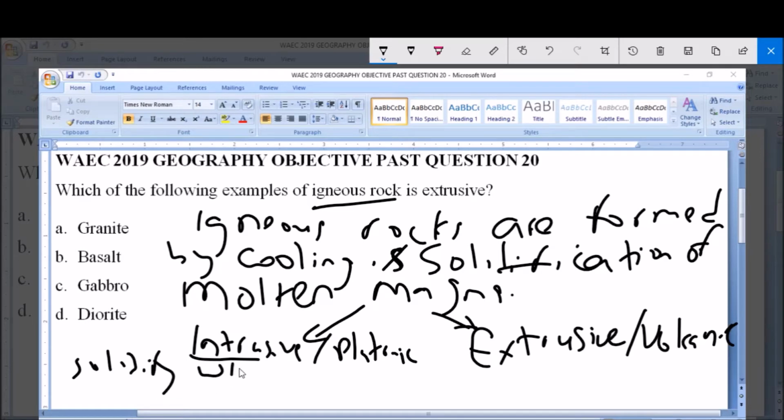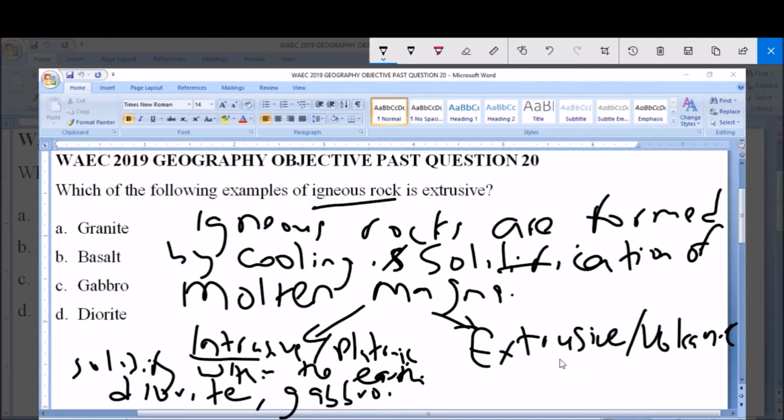Now, intrusive igneous rocks are basically those that solidify within the Earth's crust. So it solidifies within the Earth. That means they do not reach outside, and they only become visible after years of erosion. Now, examples of intrusive igneous rocks are diorite, gabbro,